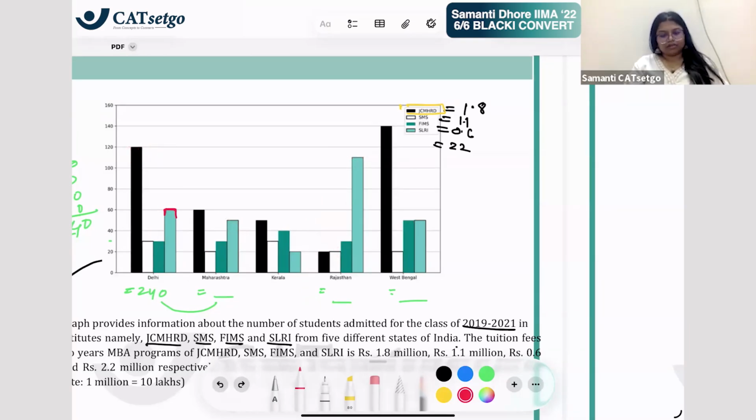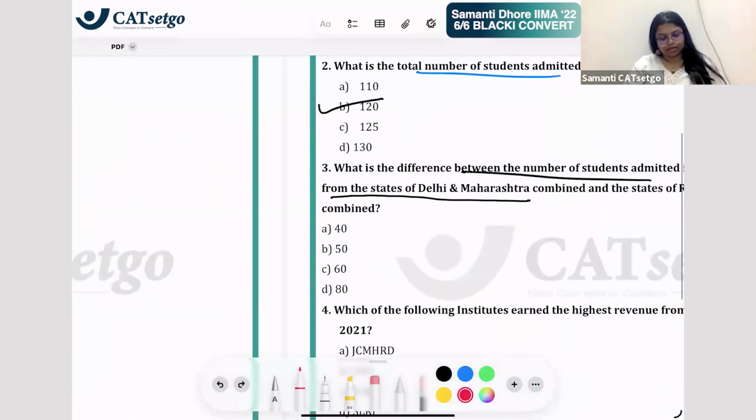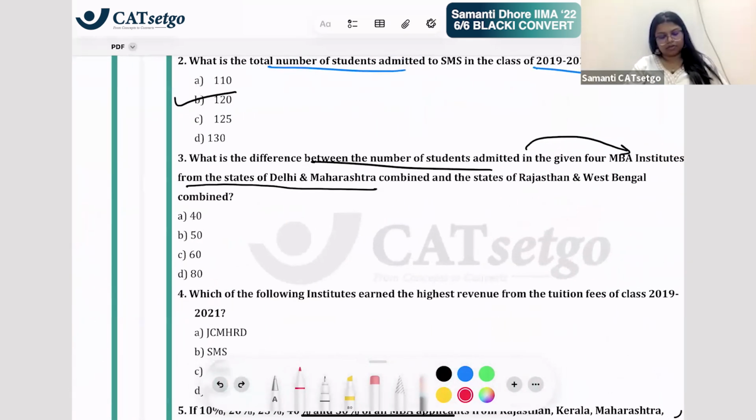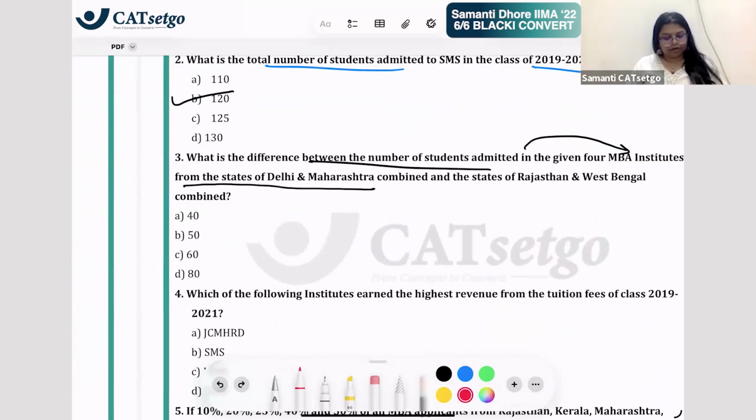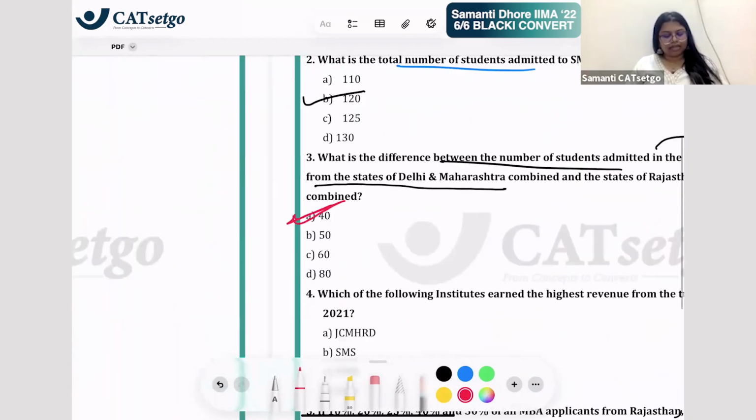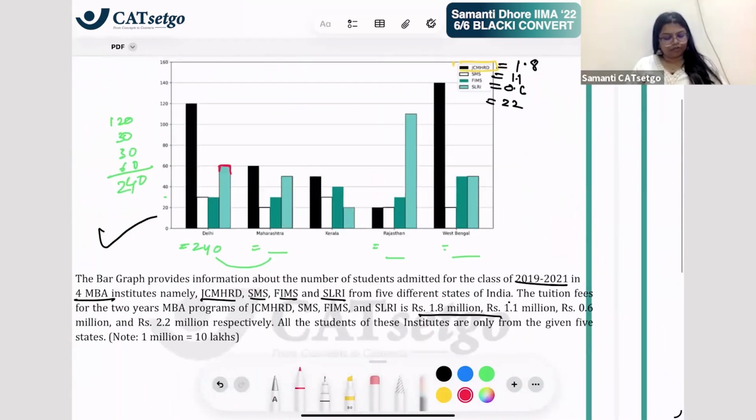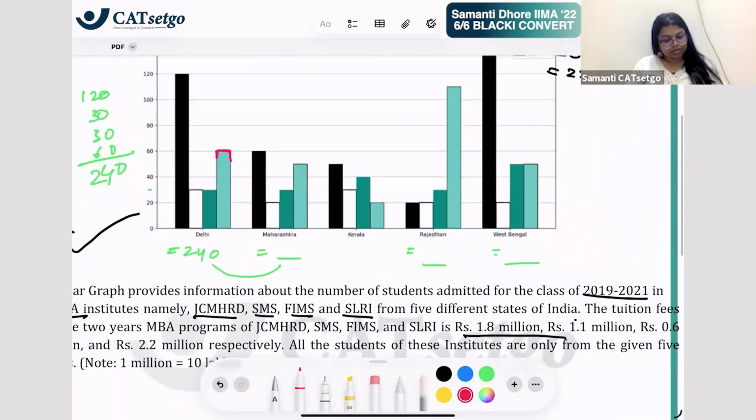Calculate the total. So the answer is 140. Getting answer as 140. 140 तो है ही नहीं ऑप्शन में. 40. 40 is the answer. Very good. ठीक है, कैसे क्या? Find the total. Find the total of Maharashtra also. Maharashtra total is how much? This is 60 plus 20, 80, 80 plus 30, 110, 110 plus 50 is 160. So total here is 300, 400. Right? Total here is 400.